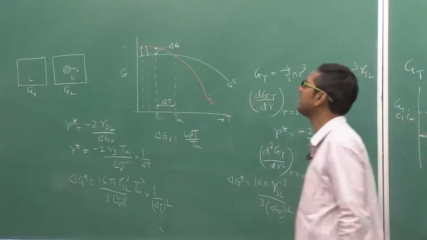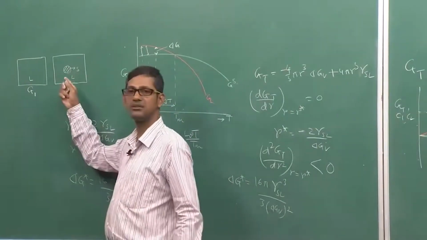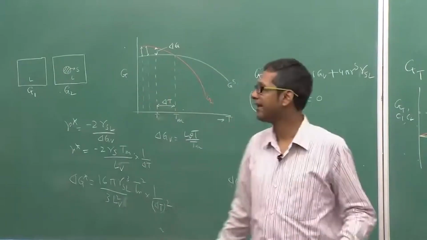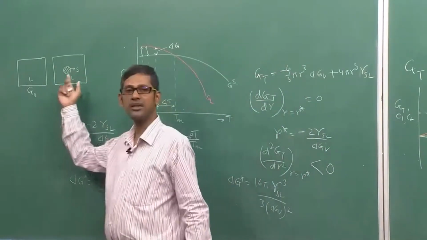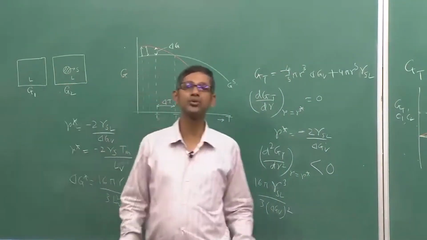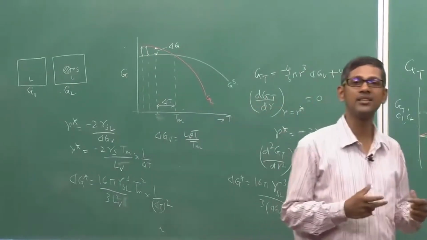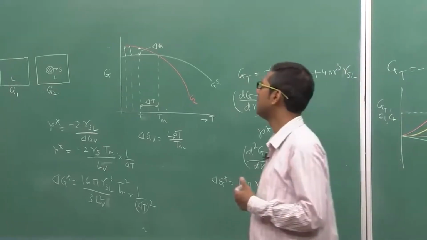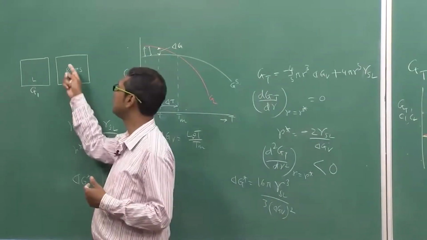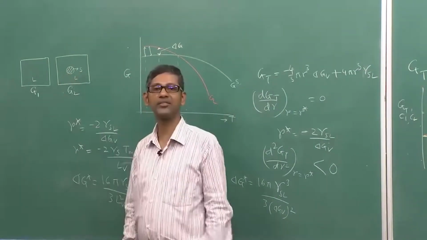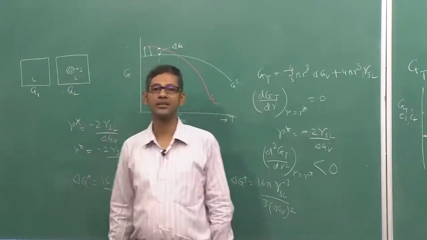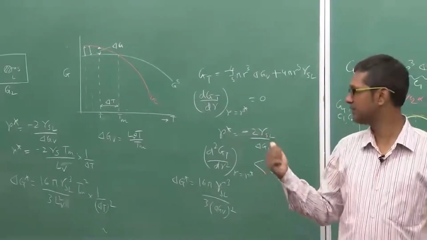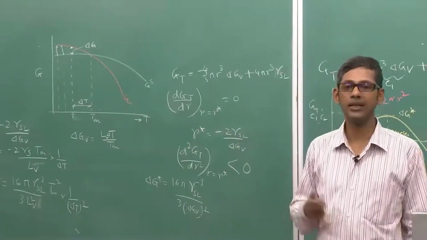But suppose instead I have a solid phase coming out from a solid, that means a solid nucleus forming inside a solid, then there will similarly be a volume change, and this volume change will lead to stress at the interface, or rather elastic strain, which will deform the matrix or the parent phase elastically, and these strains will have an effect on the value of delta G, R star and delta G star. That we will see in the next lecture.